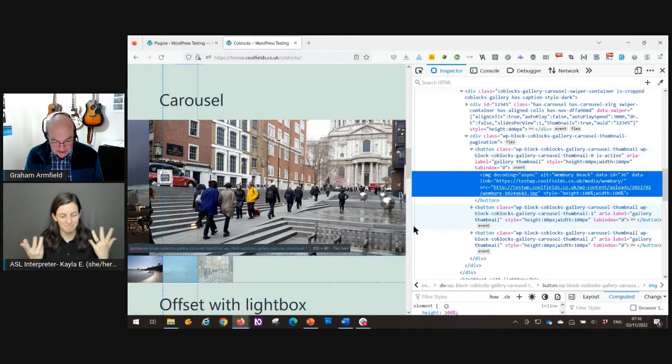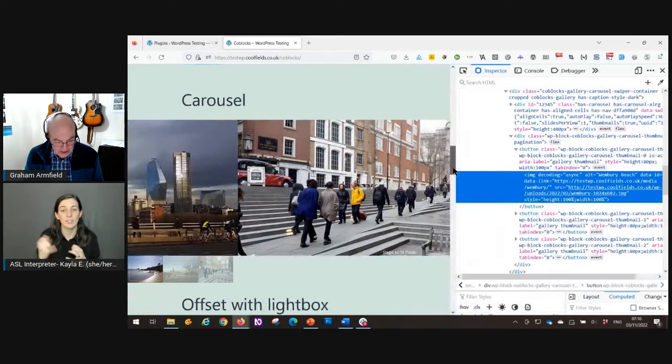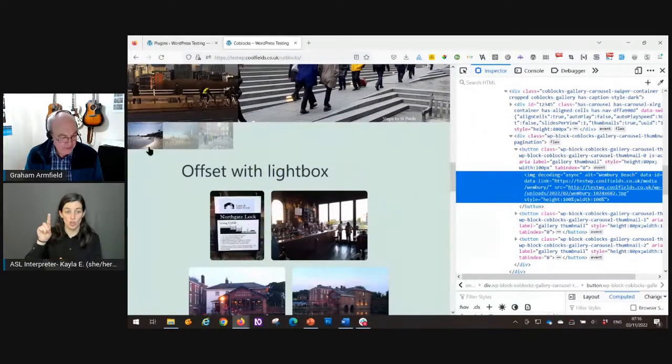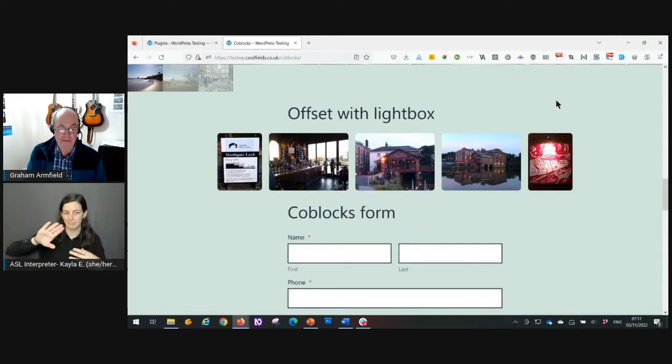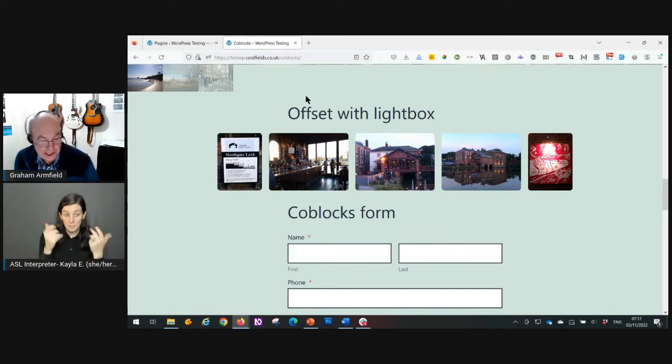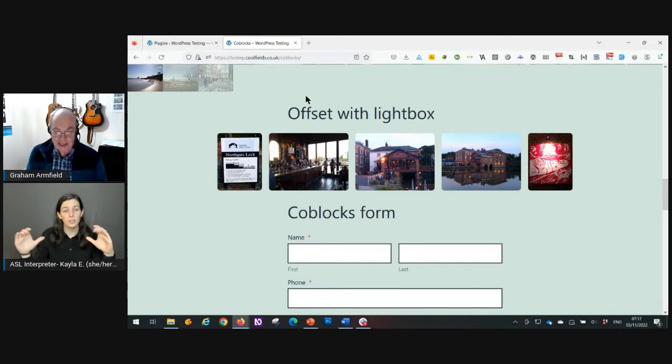Okay, we'll keep the code window open for a bit. Let's move down to here. Keyboard focus is currently on this image here. If I tab and tab again, it's on the last of those 3 images. What's next on the page is this offset with lightbox block, where there's like a gallery, and I can click on these and it shows me a lightbox. So that's fine, mouse users are catered for.